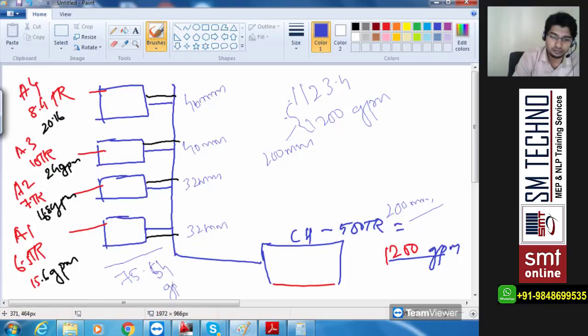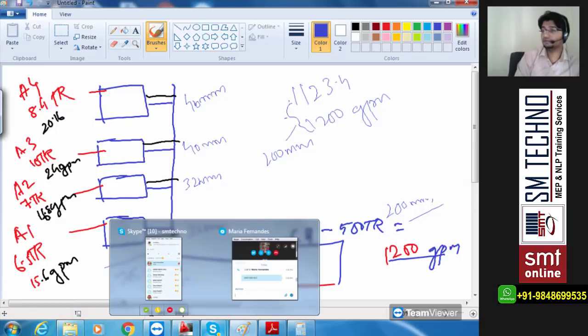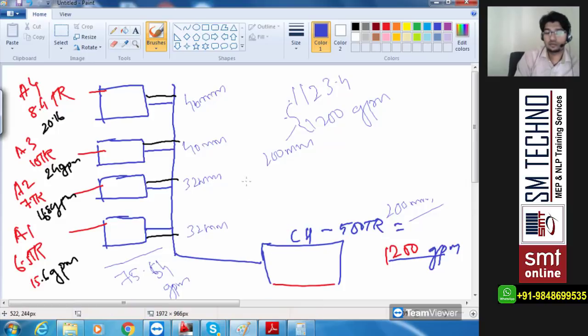$75.54. Confirmed? That is the total GPM. 75.54. Chalo, 5654, same. Now check the pipe size for this one. 75.54 or 56. It comes to 65 mm. Now the same situation what you have to consider is, because suppose this is going to be the last portion